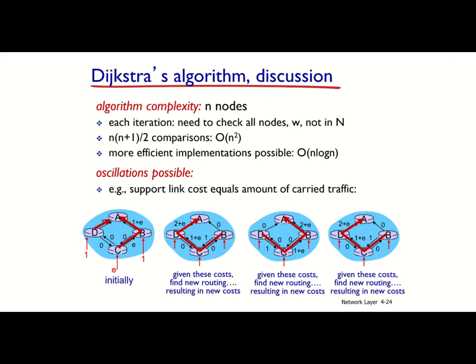And the Dijkstra algorithm is interesting because if the link costs change by the traffic flow, then there would be a possibility that the route that the Dijkstra algorithm suggests oscillates